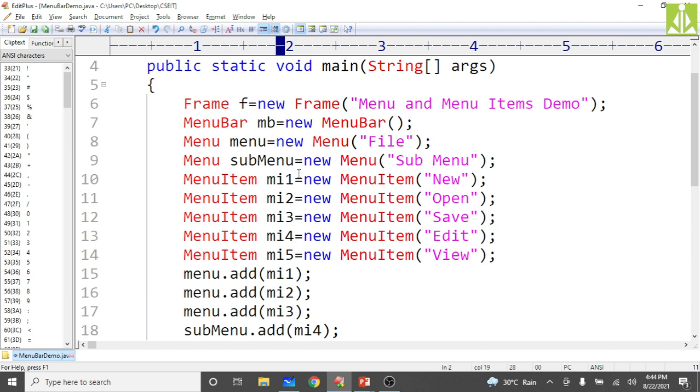Then to handle the listeners, to handle the events on the application, we go with the button program. We generated one button, isn't it? So if you click on that button, we'll try to print some message. What we do is we take two things: one text field, and one button. If I click on that button, it will print some message into the text field. That we will see now.